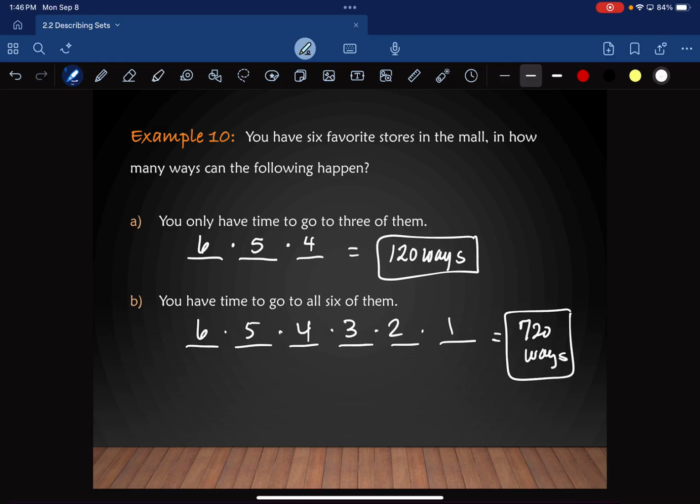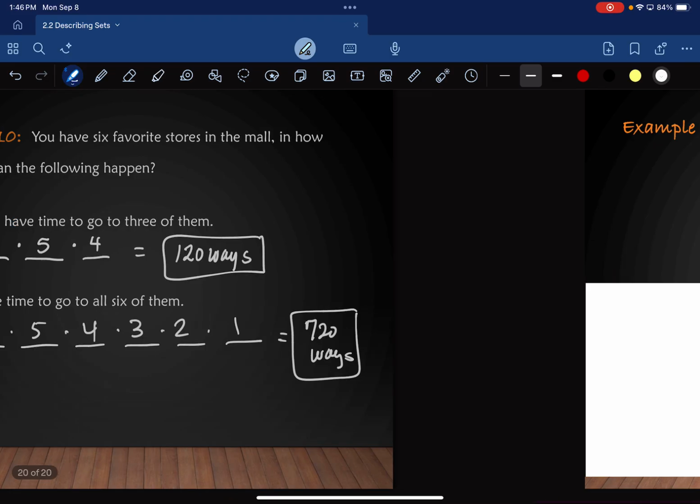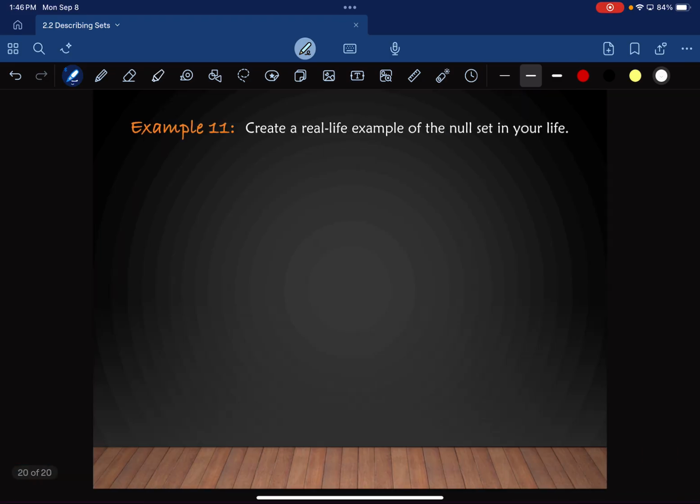Okay, there's one last thing we're going to do today. And this will be our last thing because we don't have time to do group work, so we'll discuss that in a second. But what I want you to do first is I want you to create a real life example of the null set in your life. Okay, so I'm going to do one for you. This is specific to my life. It might not fit for yours, though for many of you it probably will. This would be the infants